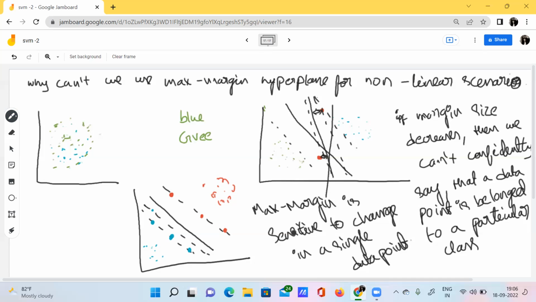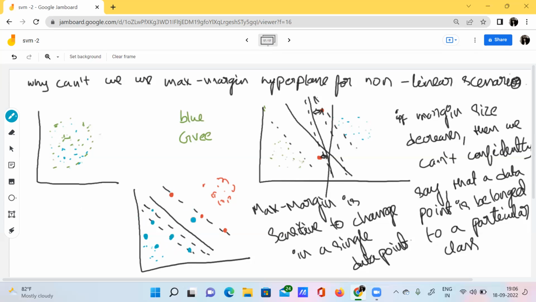But, for example, if I am changing this particular data point, instead of placing it here, I am placing the data point as here, then there will be no change.